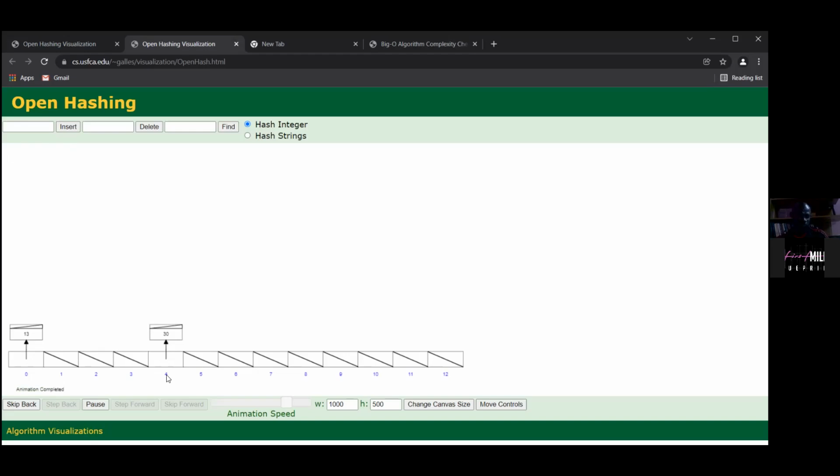An array is stored with the first item at index 0, then the next item at index 1, in that fashion. So this is what hash functions do; this is what their operations are like. All right. Let's insert 14. Okay. Let's insert 36.